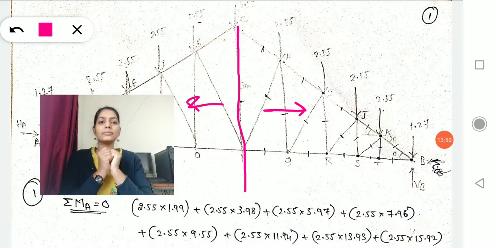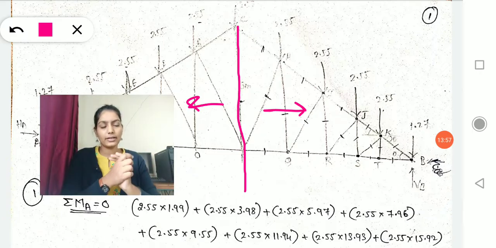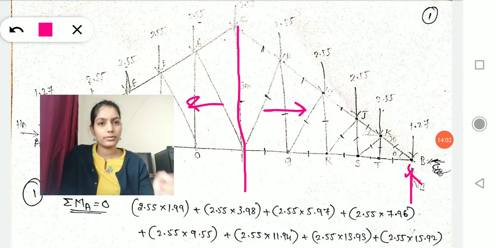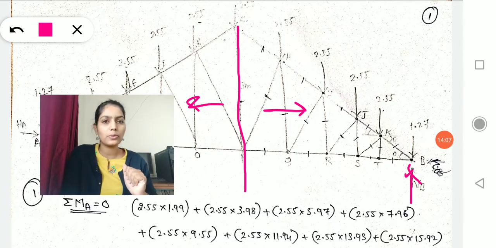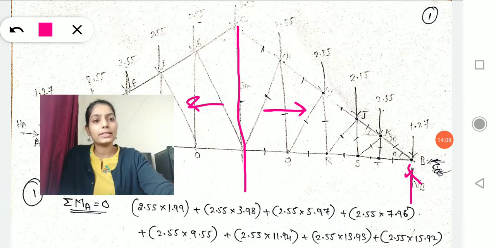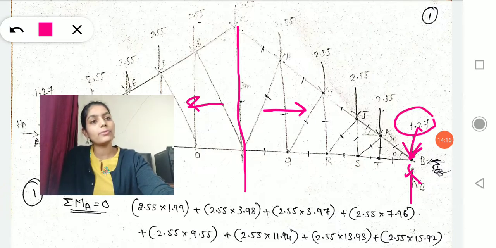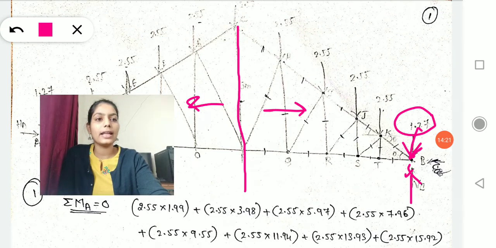And if my truss is symmetrical, I can analyze it in the same way as I did on the left hand side. You can repeat the same on the right hand side. As I said, the reaction at the A support was known. Similarly, the reaction at the B support is known to us. We already calculated that. Then this is the upward force at that support, which has a magnitude of 1.27. Then what is remaining? This inclined force and this horizontal force.